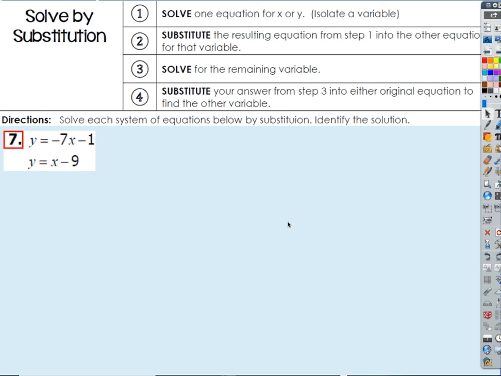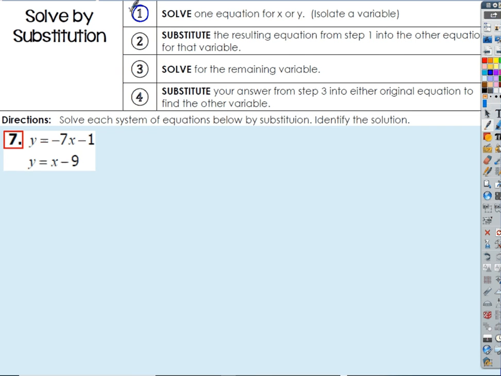There's 4 steps. Let's say we're talking about a simple system with 2 equations, right? You're always going to identify one equation where it's easy to isolate a variable, okay? And then you're going to solve for that variable. So there's step 1. Let's just kind of go through this in order. So step 1,